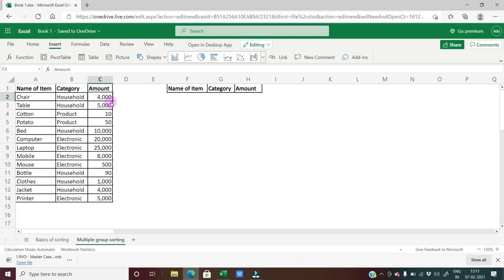So for example, this is my basic dump and I want to do the basic function of sorting. If I want to sort the names of these items in ascending order, I can just take sort, open the bracket, and it asks me for the array. If you see this, it asks me the array. So the array can be a column only in the case of sorting. So this is my array. If I select this particular thing, the items coming in blue are the array or the range. I close the bracket and push enter.